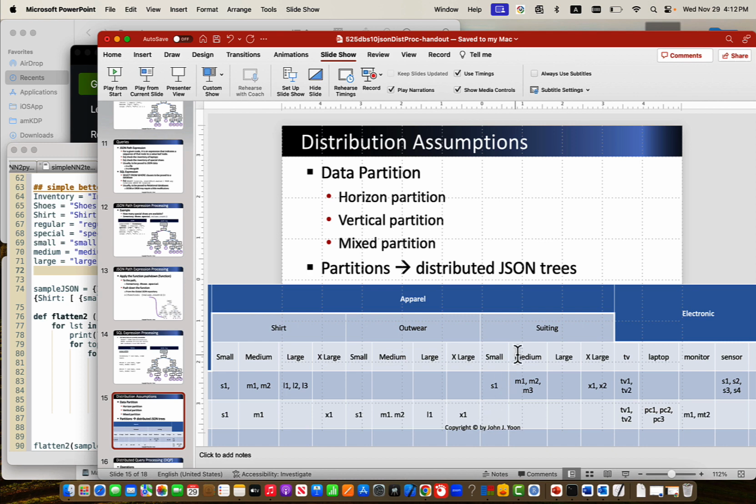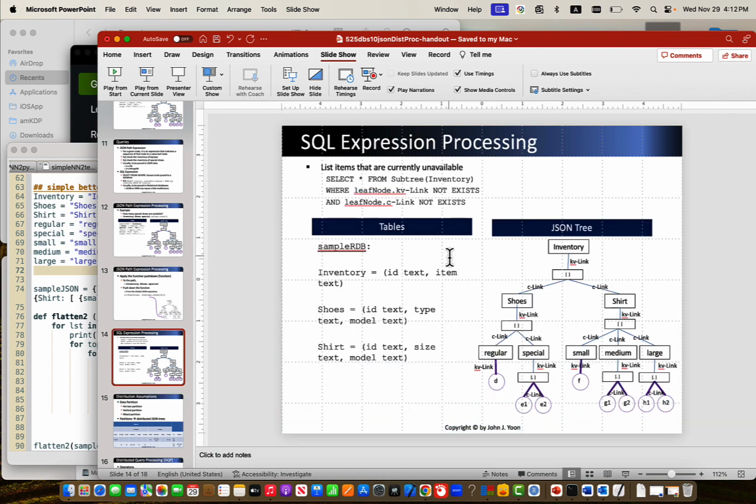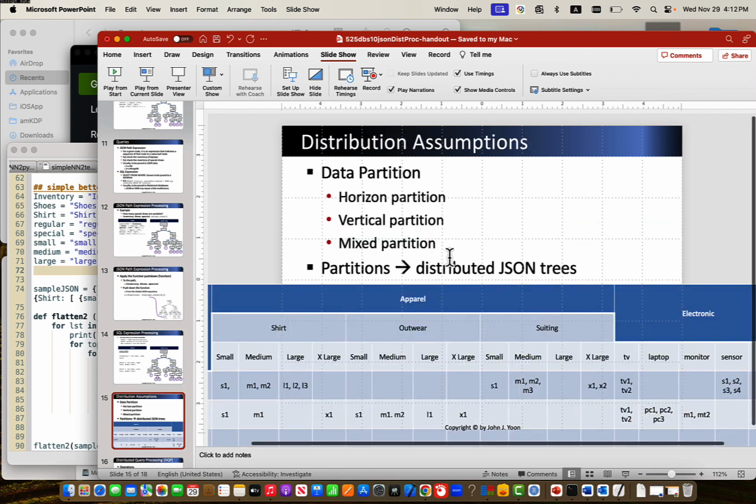So the distributed assumption is this: SQL expression processing and JSON path expression processing. We looked at two different processings. Now we can extend that to distributed fashions. Although I explained it in many cases with some of the distribution assumptions. But anyway,